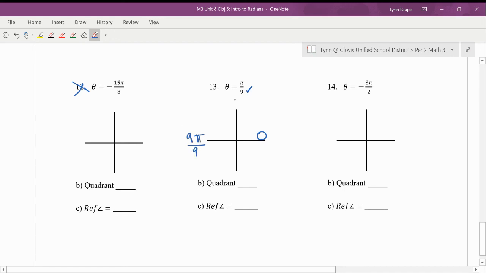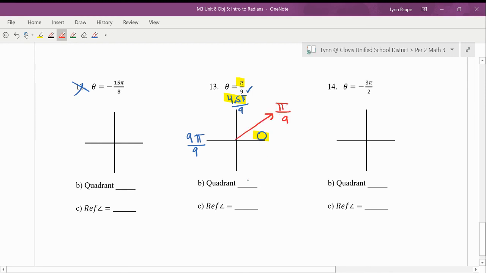And then I'm going to take half of 9, which is 4.5. And then I'm not going to go any further because I can already see that if I'm trying to get to 1 pi over 9, it's somewhere between 0 and 4.5. So that means 1 pi over 9 is going to be somewhere here,